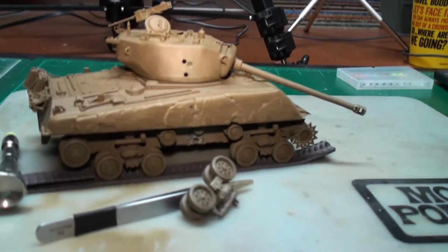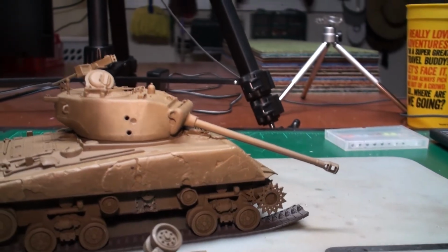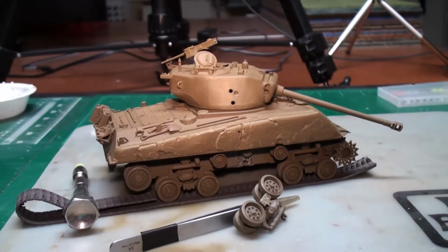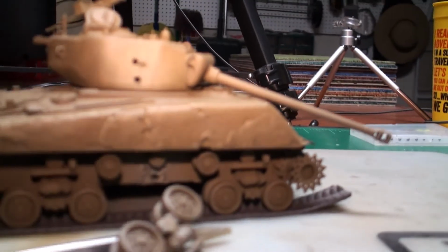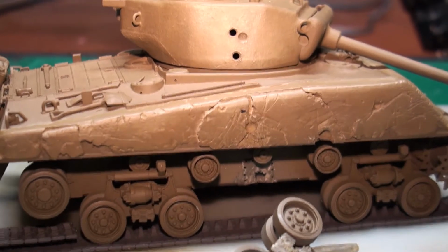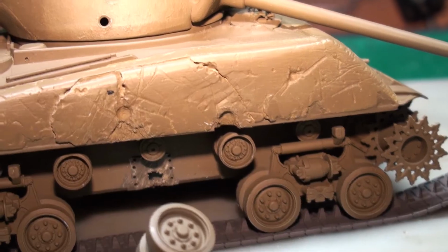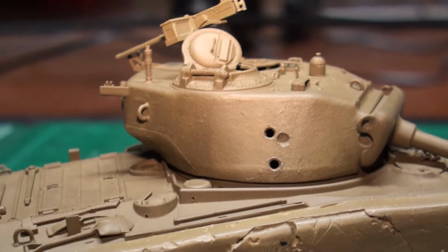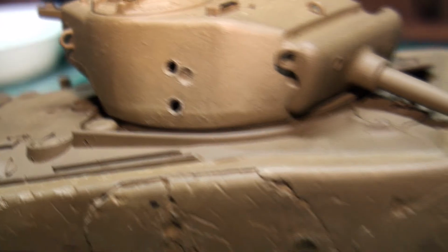which basically clipped the tank, and then the German tank crew took advantage of the disabled tank as it was paying out its track and taking its final steps, and they put two more on the concrete, which still have to be weathered. But right there, the glancing hit, which is right there, the solid hit, which cracked the concrete right there, and then two that went through the turret and one that didn't quite penetrate at a slightly different angle. So